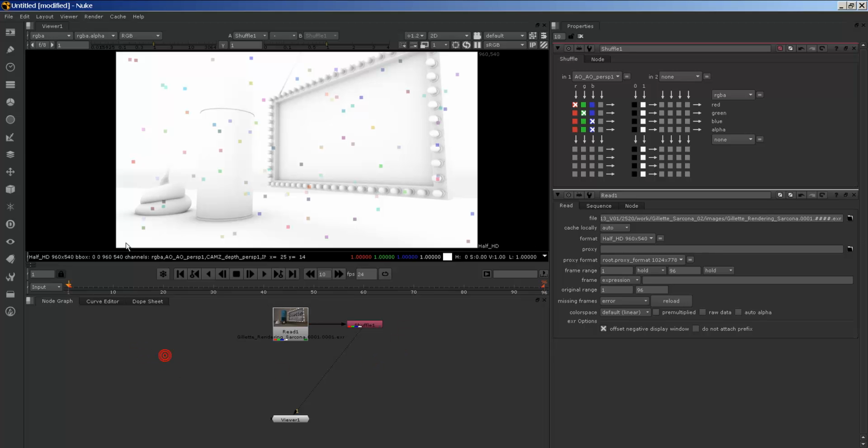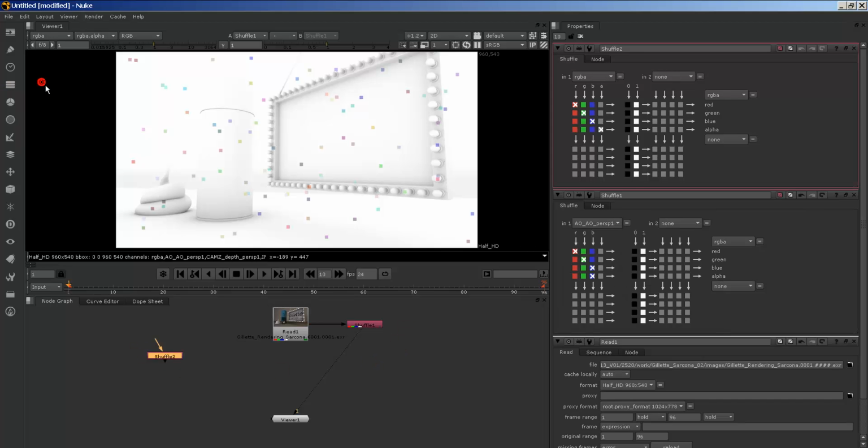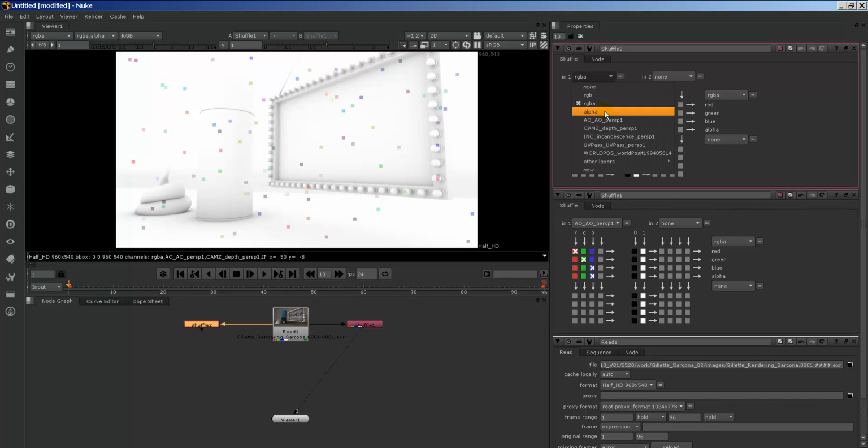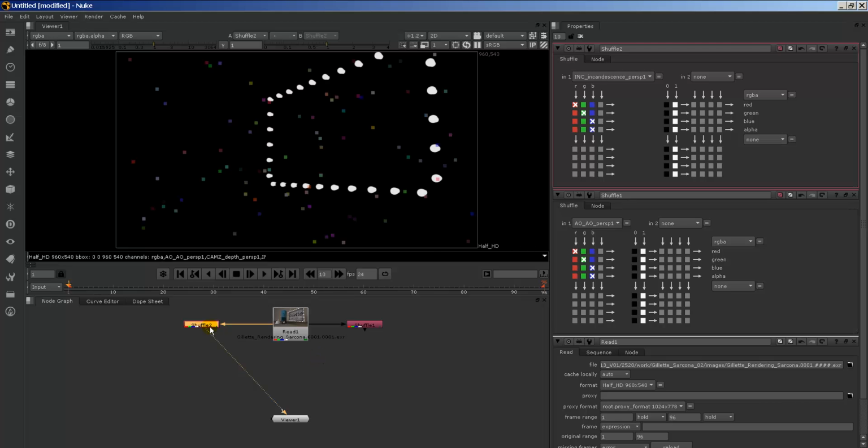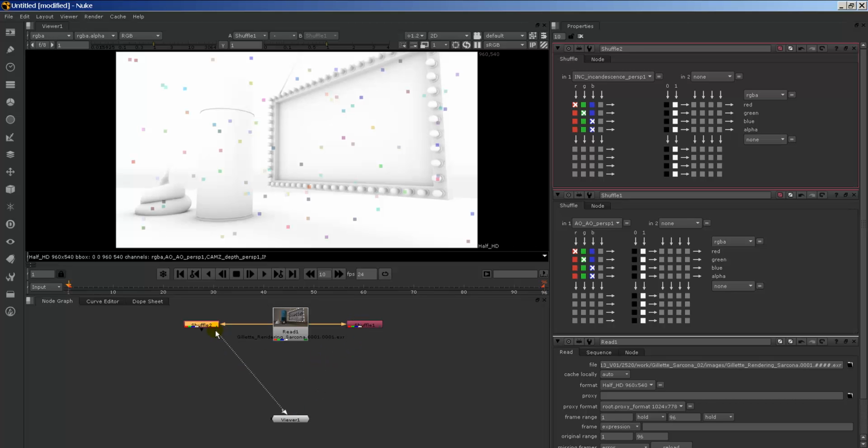So if I deselect everything, I add another shuffle node, and I drag this arrow here. There we go. I can change this one to be my incandescence. Okay, and again, I can't see it, so I can drag this arrow over there, and now I can see the incandescence. All right, so basically I have two different branches here,